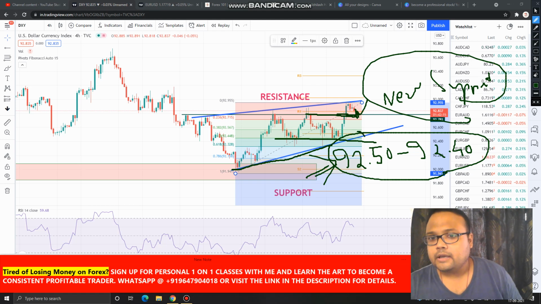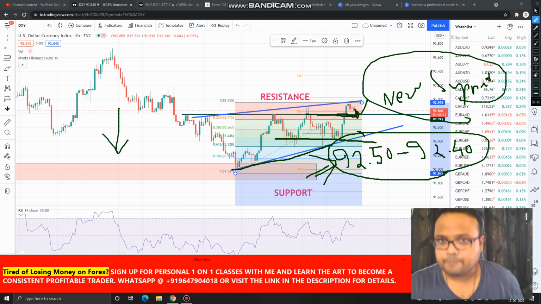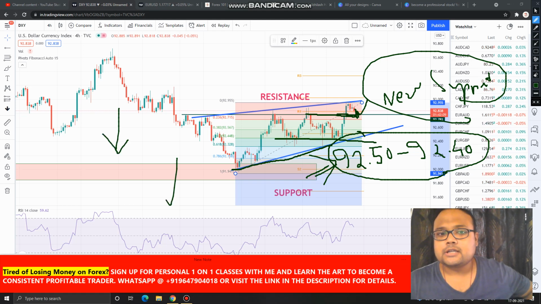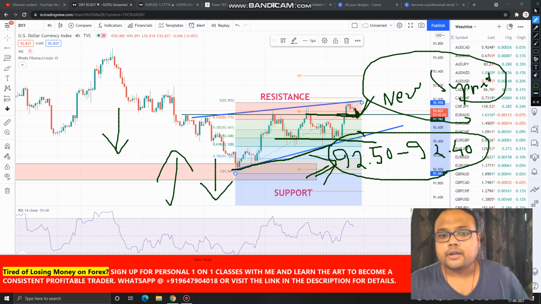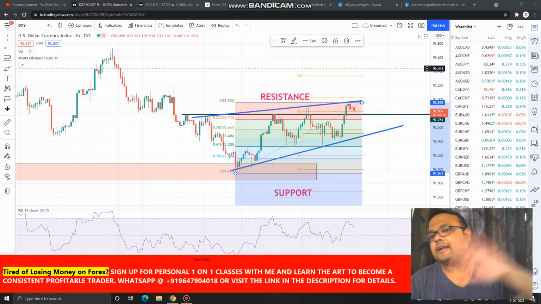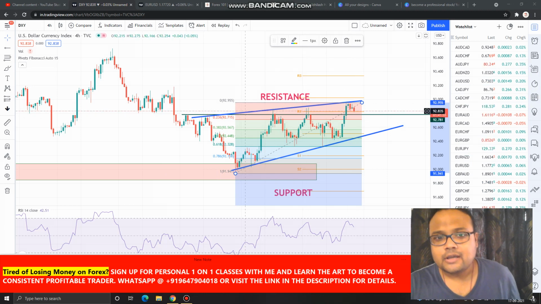So if it bounces from this particular level, then again you will see selling on Euro USD, and in case dollar starts going up from this particular level onwards, then Euro USD will be going down, because it has a correlation. And on the other hand, you can see that unlike my other analysis, I have also drawn Fibonacci